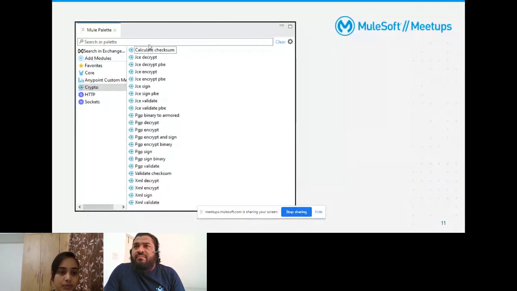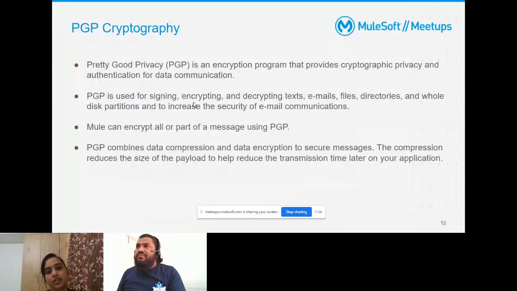This is the crypto module, and we can see the various operations supported by this module: the general operations like calculate checksum, validate checksum, the JCE, PGP, and XML encryption strategies, and the operations supported by each one of them.